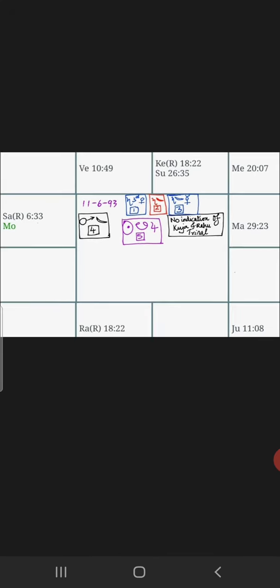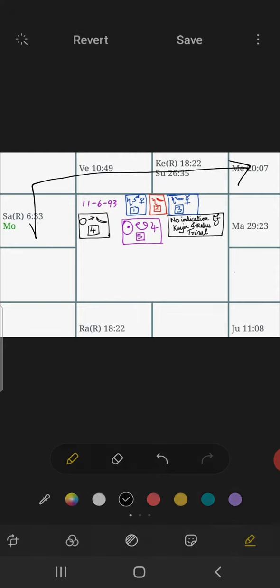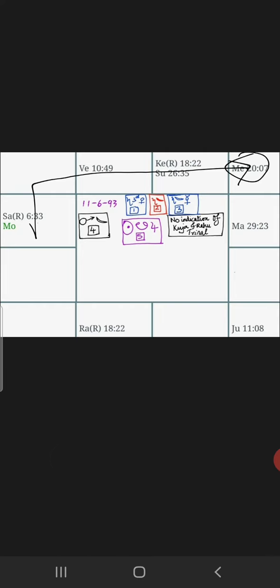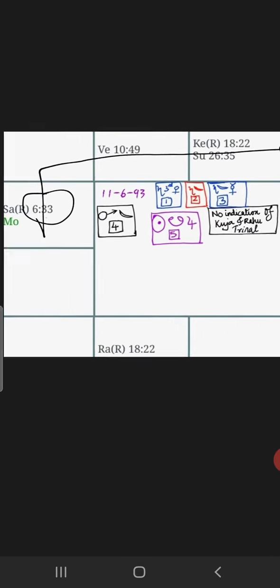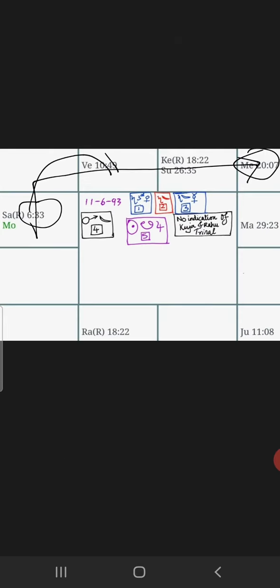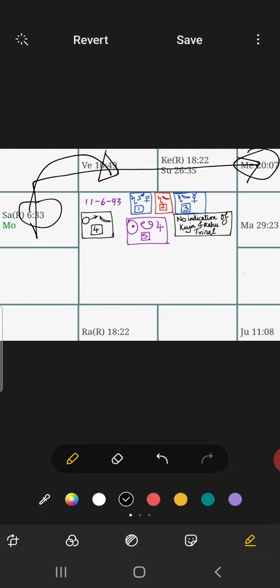So here you will see that the moon is in trines with Mercury, which I will explain very clearly. And Mercury seems to be strong, but it is in trines with Saturn also. You can see that the Saturn has a third aspect on Venus. Please note that point as well.